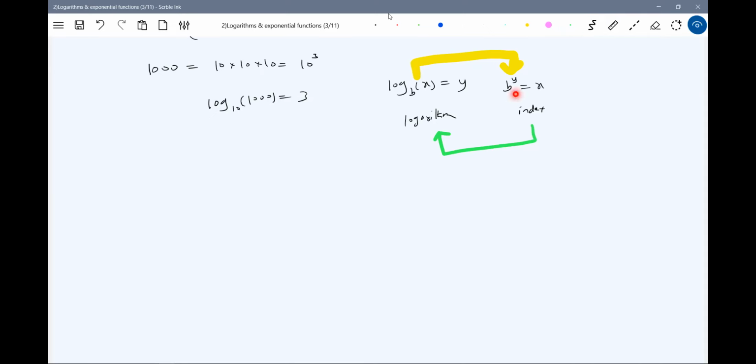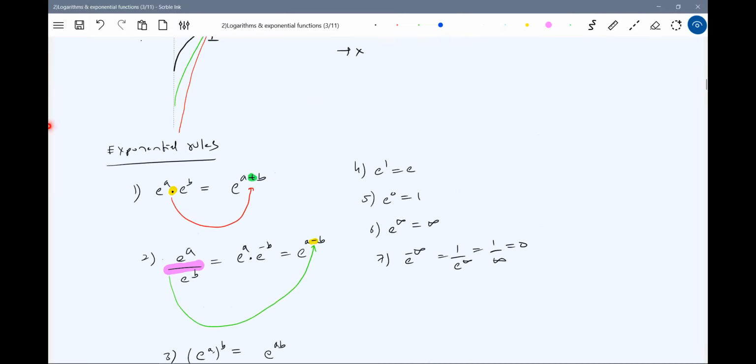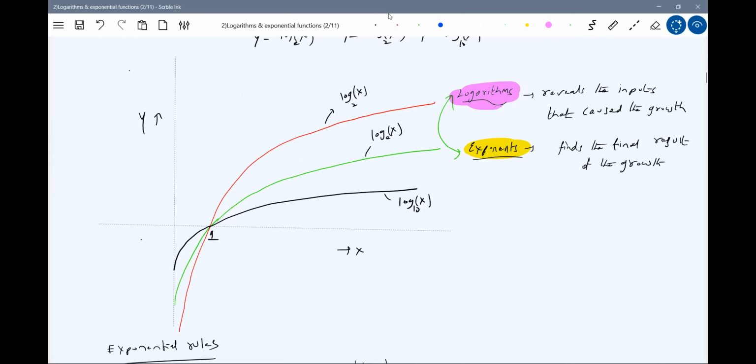If a number is like this, x equal to y to the power of b, then you can write it in the form of a logarithm like this: log x to the base y is equal to this one. This is called the index form or exponential form. This is called the logarithm form. I think it's quite clear now. X is just some value, no? This is the fundamental thing.